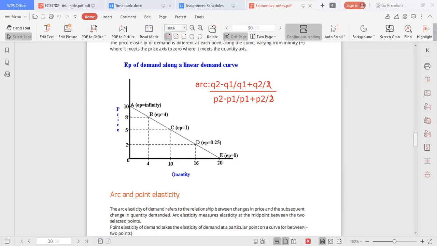Point elasticity is just the way we calculate. We were calculating all the formulas that we're taking into account. How do you calculate point elasticity? So point is simple, no? Point, you just say